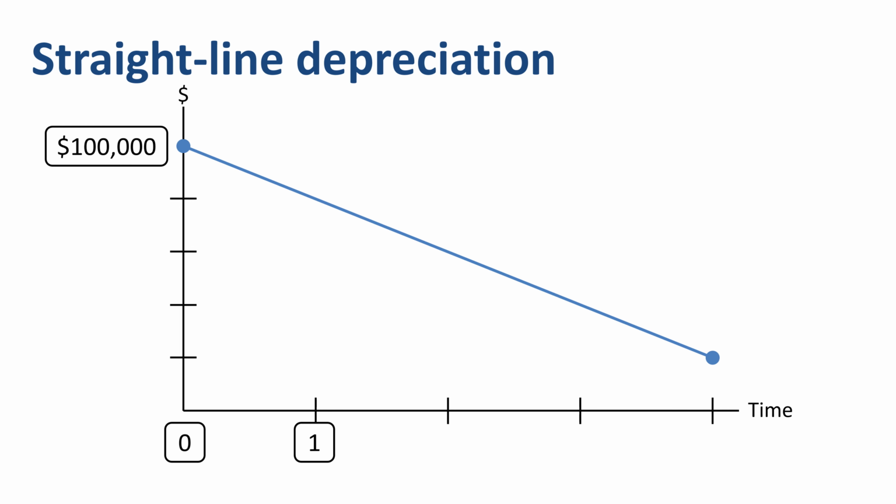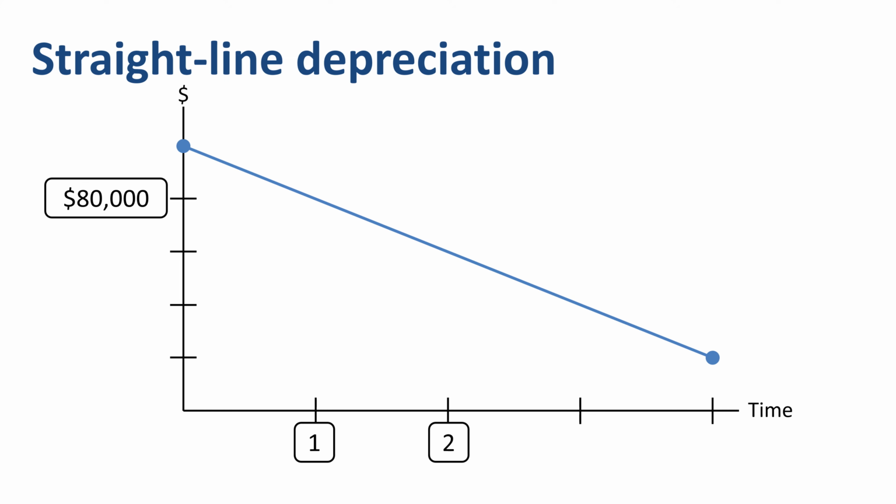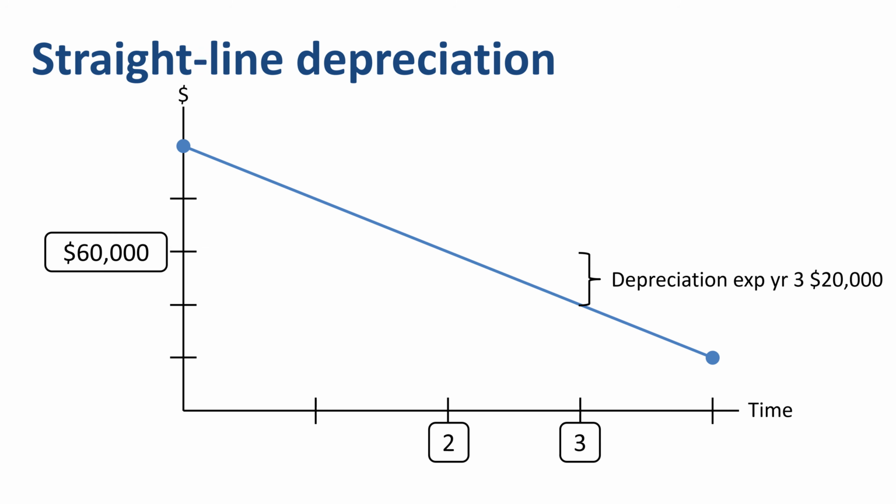its intended use. During year 1, we depreciate $20,000 and get to a net book value of $80,000 by the end of year 1. This $80,000 is the starting point for year 2. During year 2, we depreciate another $20,000 and now get to a net book value of $60,000 by the end of year 2. Year 3, depreciate another $20,000, which brings us to a net book value of $40,000 by the